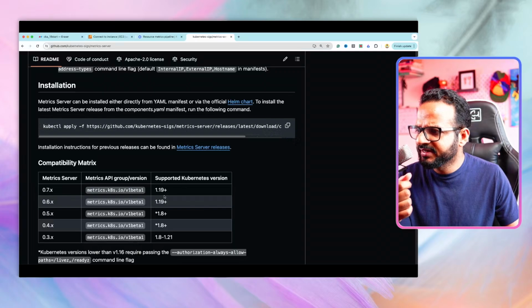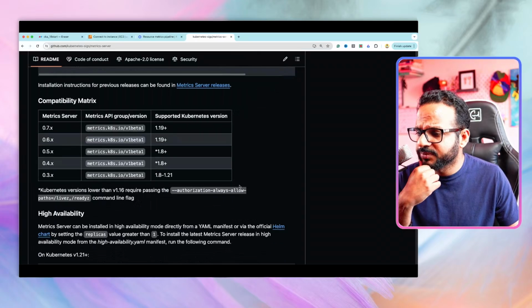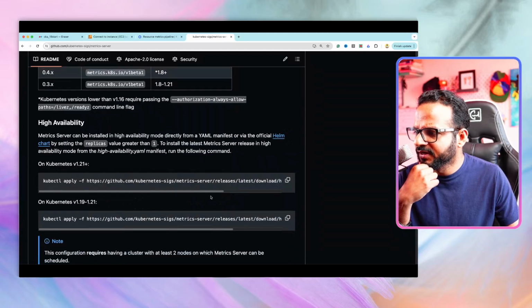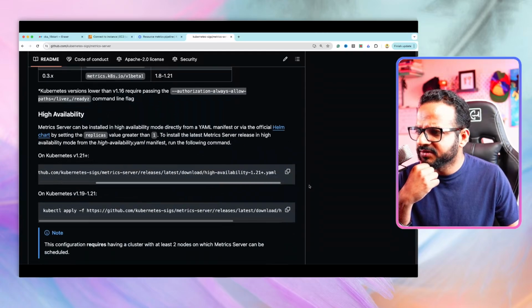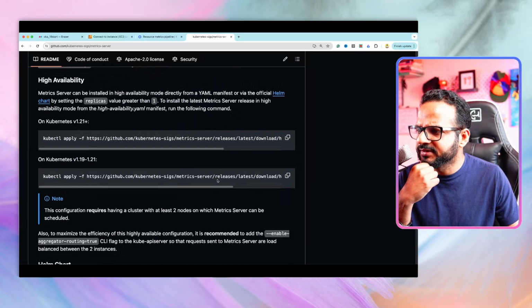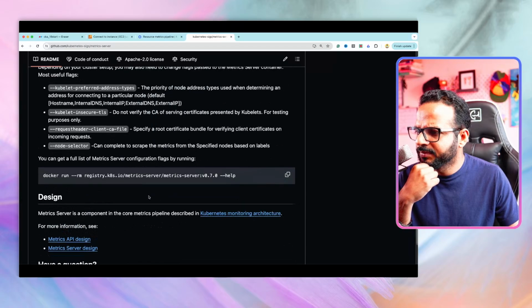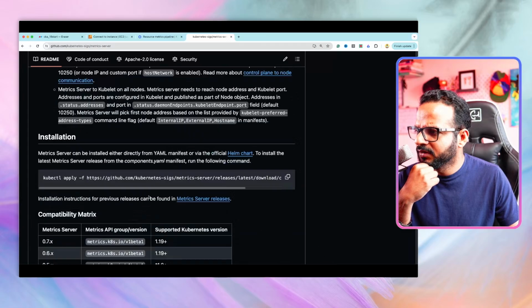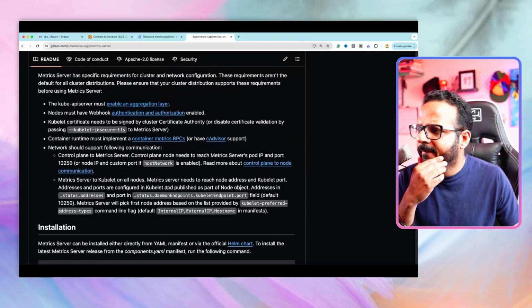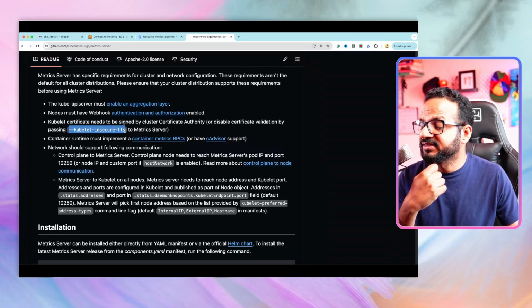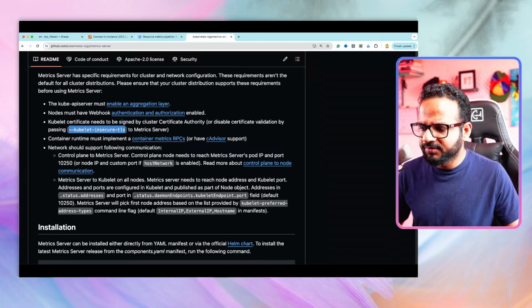Okay, it does say that it should support the latest version. I'm using 1.30, but maybe they have a separate YAML for it. Let's see. Yeah, it has installed the latest YAML. And okay, it says kubelet certificate needs to be signed by cluster CA certificate authority or disabled by passing --kubelet-insecure-tls to metrics server. Yeah, I guess this was one of the steps that we took while working on that